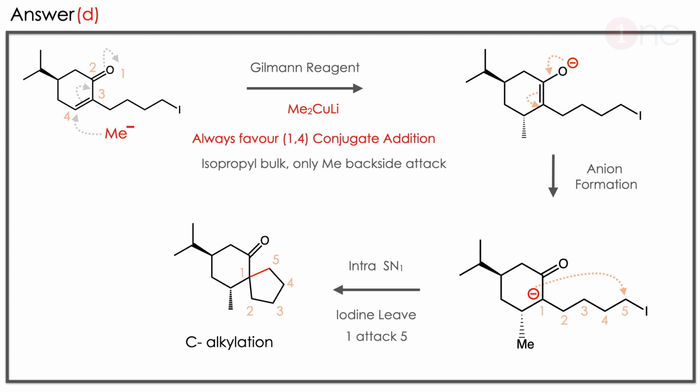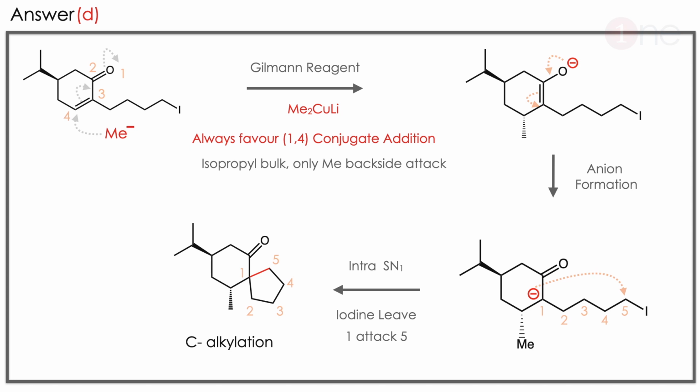The answer is D. Let us see how. The starting material we numbered. The carbonyl oxygen is 1 and the carbon is 2nd, the third is the carbonyl-attached group, and the fourth is the double bond. Here you are using copper, which is the organometallic Gilman reagent. The Gilman reagent has the selectivity of 1,4 conjugate addition. So the 1,4 conjugate addition happens. So methyl is added at the 4th position, and the negative charge migrates to the oxygen, stabilized by copper.